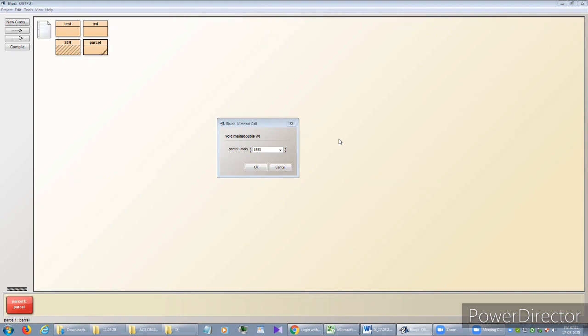Again, I repeat, 1553 minus 1000 is 553. If you divide it by 500, you get 1 point something, and this we gave inside Math.ceil, so it is converted to 2.0, and this 2.0 into 10 is 20, plus 20 is 40. I think this program is clear to everyone.